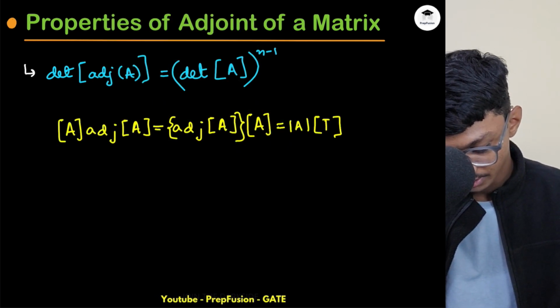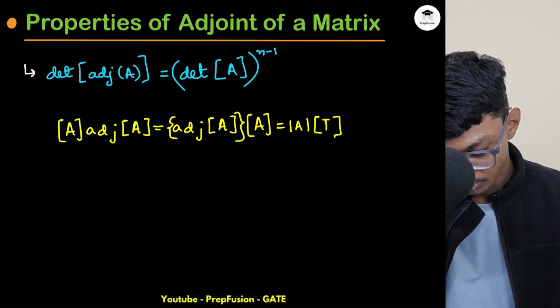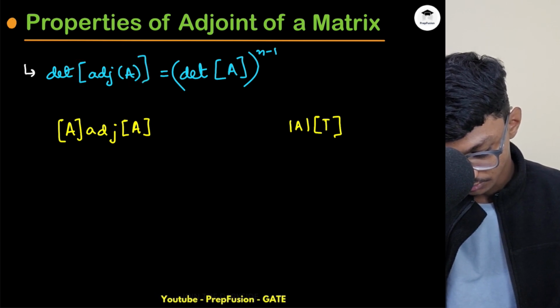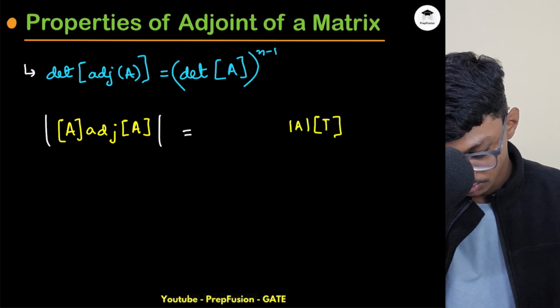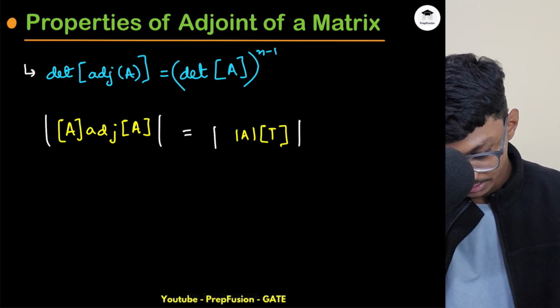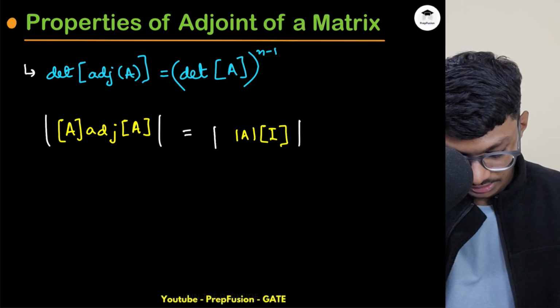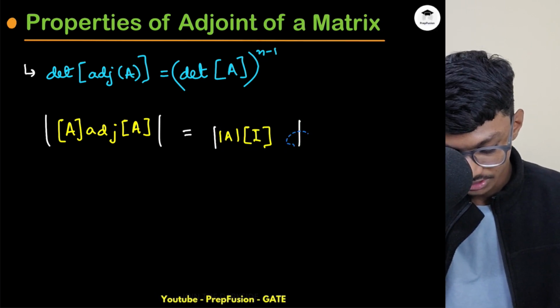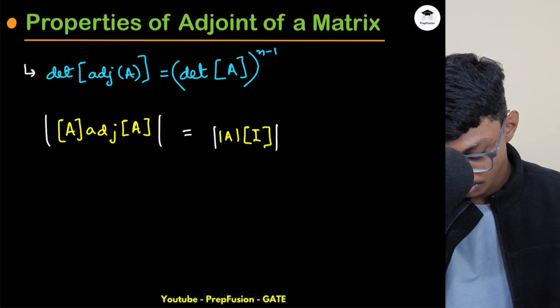So we need to find the determinant of adjoint of A. Basically, I will cross this out somewhere, and take the determinant on both sides, and here also. Now this is I of order n, and the scalar determinant of A is multiplied with this I. So this will become